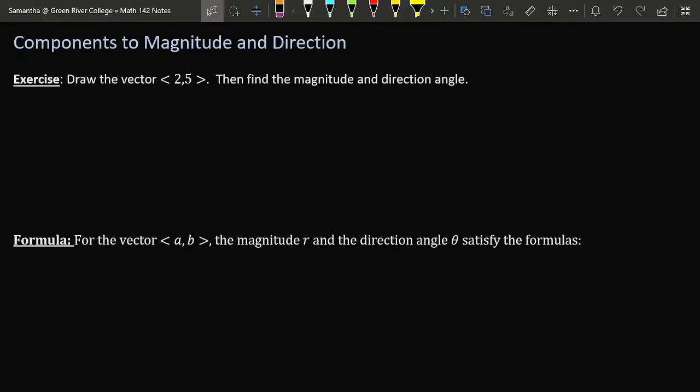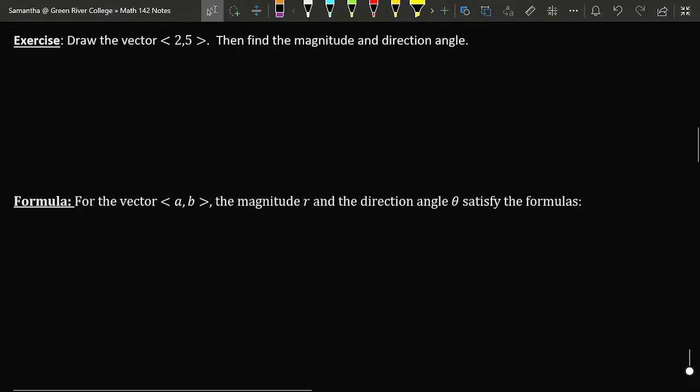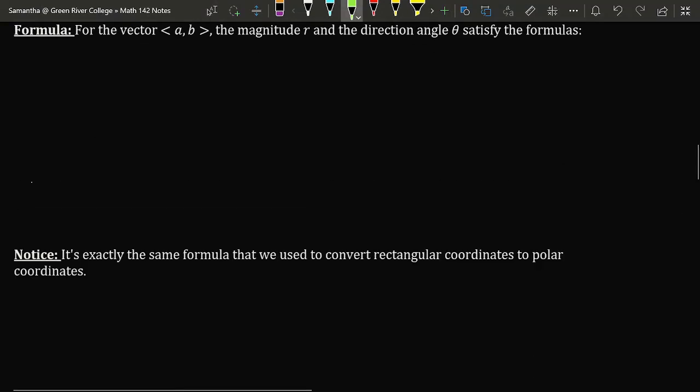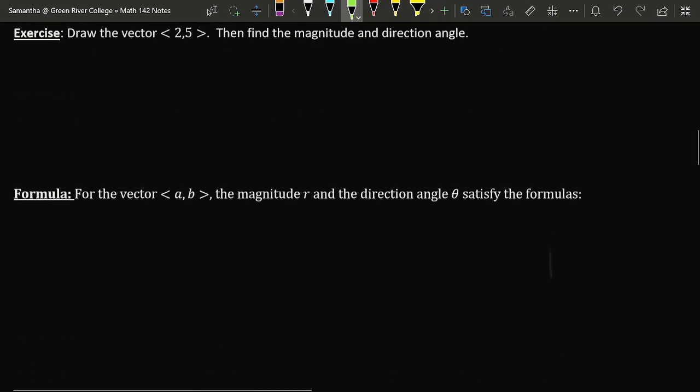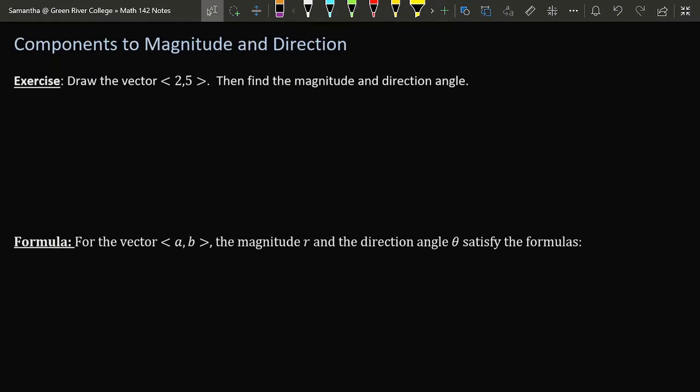Now, converting from magnitude and direction into components was functionally equivalent to converting from polar into Cartesian coordinate systems. Now imagine that we're going backward. Suppose that we're given a vector in components and we want to calculate the magnitude and the direction. As you might be able to imagine, the formulas for going backward are the same as the formulas for taking a Cartesian point and figuring out what it would be in polar coordinates.